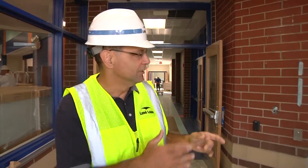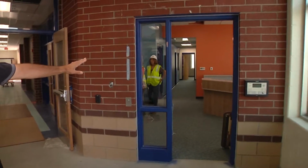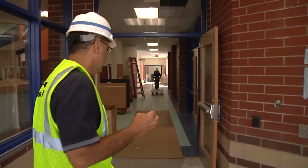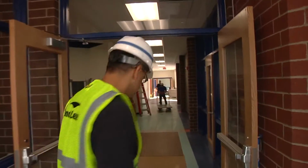Good morning, this is Steve Wigton, Superintendent of Lancaster City Schools, and this morning we're going to take a tour of the new Tarhe Trails Elementary School. All right, we're in the entryway to Tarhe Trails, and as soon as students enter, you'll see that the office area is to the right, and as we enter into the building,